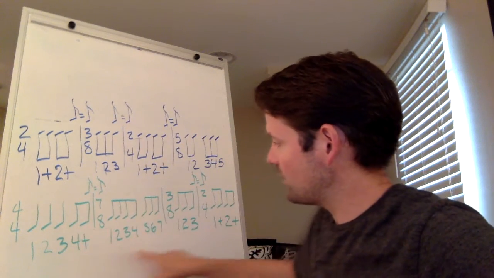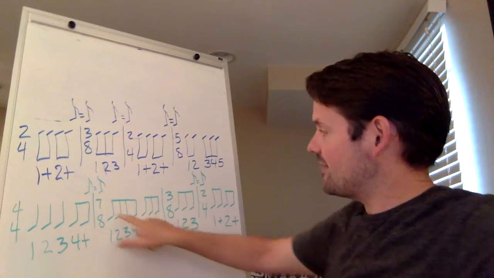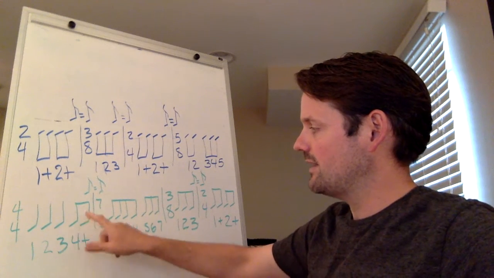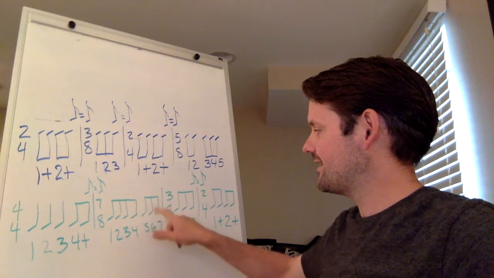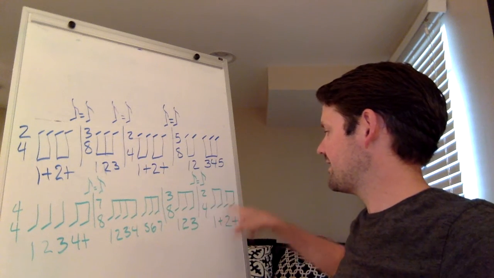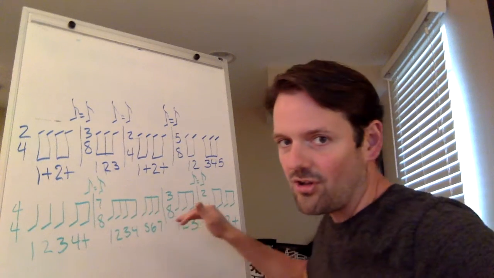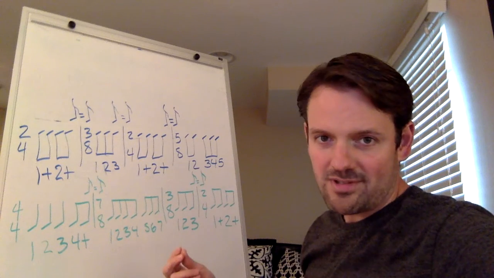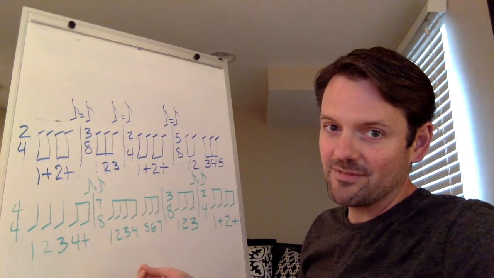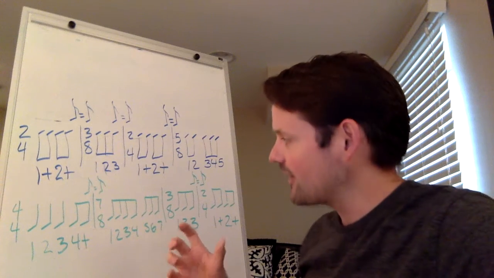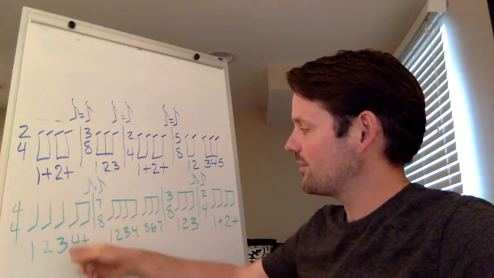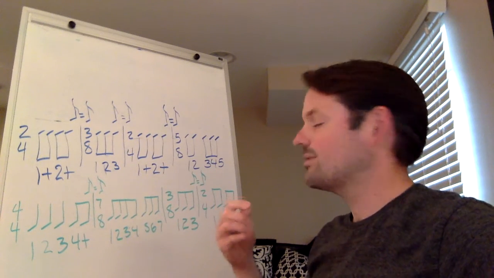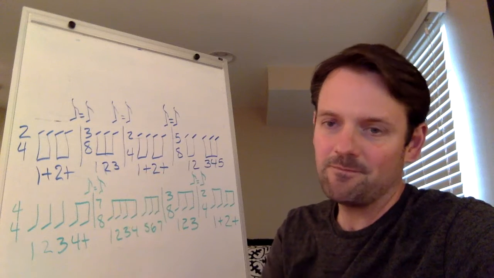So once we get to this 4 and, all of these are the same because the eighth note equals the eighth note. 1, 2, 3, da da da da da da da da da da da da da da da da. Those are all going to feel the same. And then when we apply the pulse according to how they're barred, it gives it that real kind of funky feel. 1, 2, 3, 4, and 1, 2, 3, 4, 5, 6, 7, 1, 2, 3, 1 and 2 and